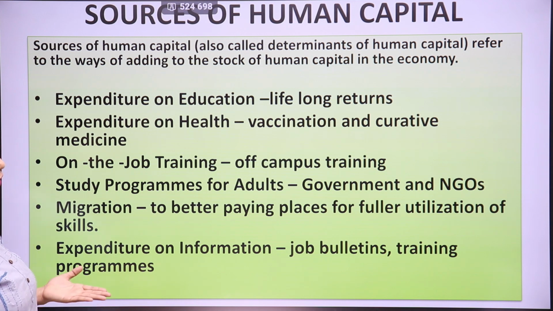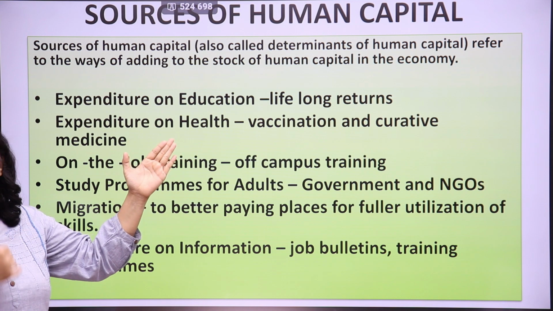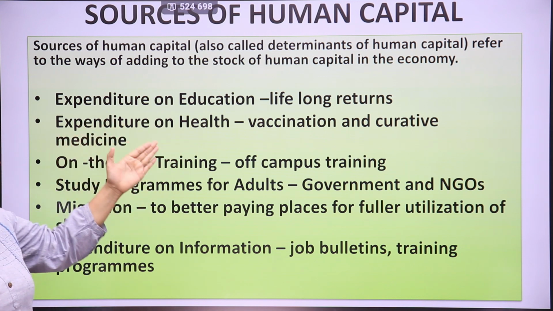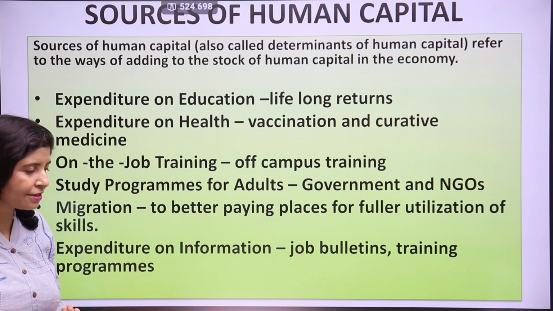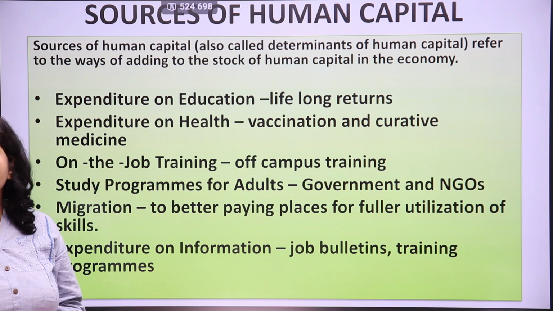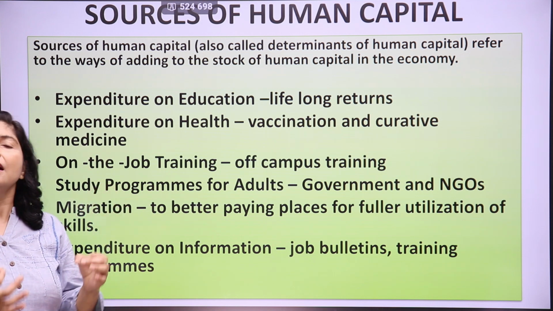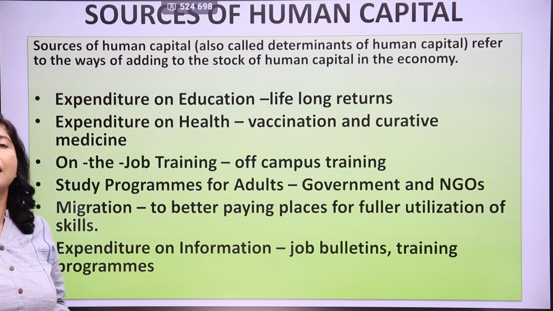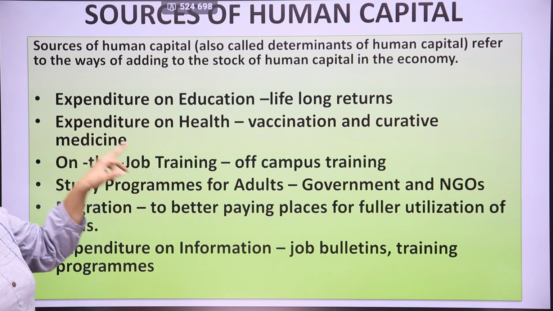So what do we do? We get more education. In that manner, we acquire more skills and better brain power. Expenditure on health. When we spend on health, that means we are gaining strength. Say for example, if I am anemic, then I'll take iron tablets or iron tonics. And if I have certain vitamin D deficiency, I can take some medicines. In that manner, what will happen? I'll become robust in health and I can function well. That means these are determinants.